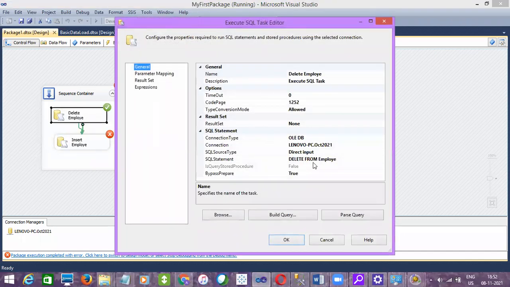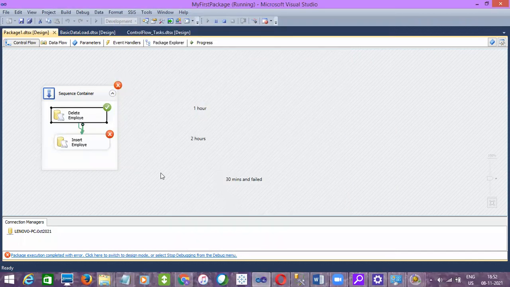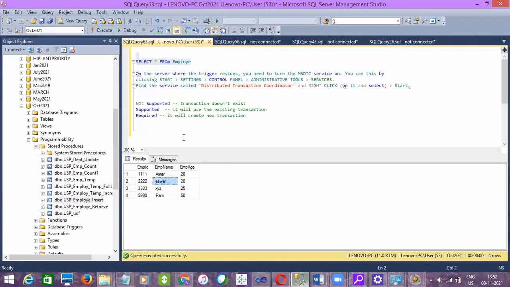Even though the delete command ran fine, the other task failed. Since the transaction is not complete, one of the transactions failed, the previous transaction also gets rolled back if you use transactions in SSIS. That is what happened. Even though the delete statement ran successfully, you can still see the data in the destination table.